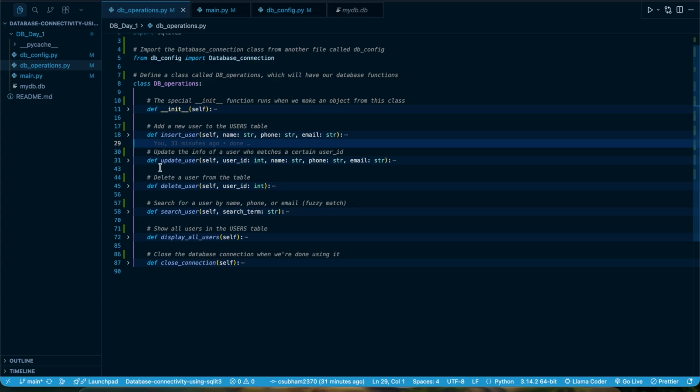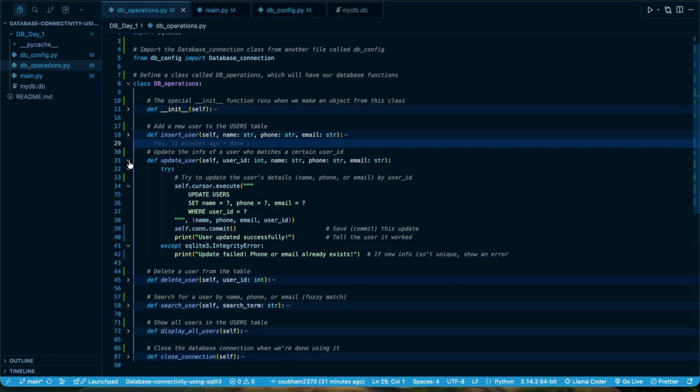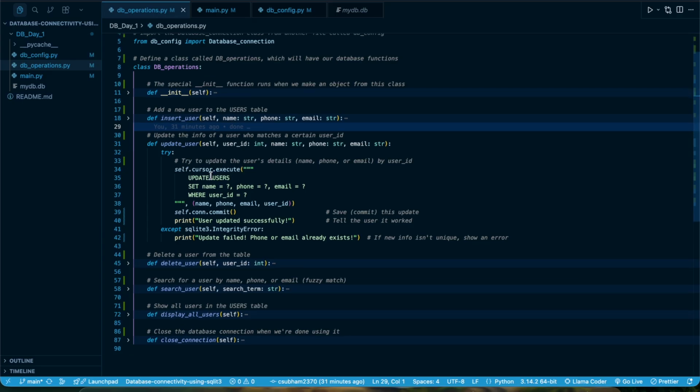Then our next method is update_user. If any changes are needed to the name, phone or email, then this method is helpful. The update method tries to update the user details, like name, phone, email, by the user ID. With the help of the execute method,